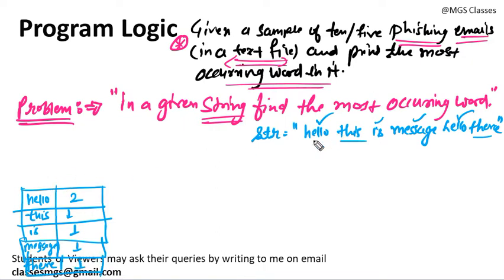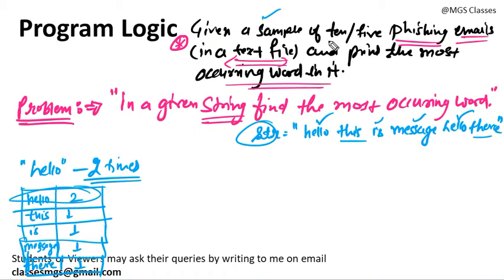So if you solve this problem and print, your program should print that hello is the most occurring word and it repeated 2 times. The string you will get, you will get it from the file, and you will replace this str with the file handling code, and you are done. So I am solving this problem, how you can get the most occurring word in a given string. You just need to replace this line with the file content, and the problem below will remain the same.